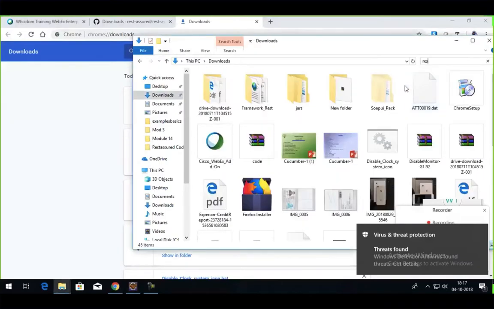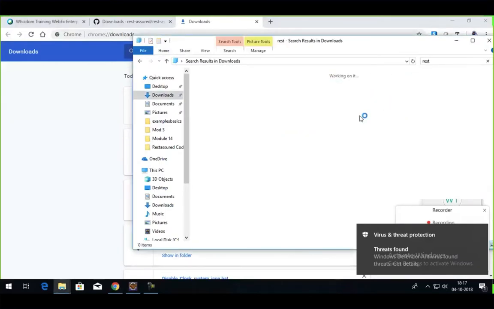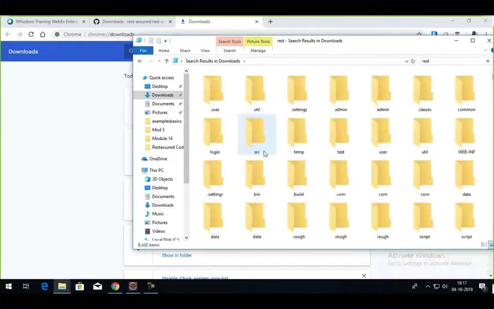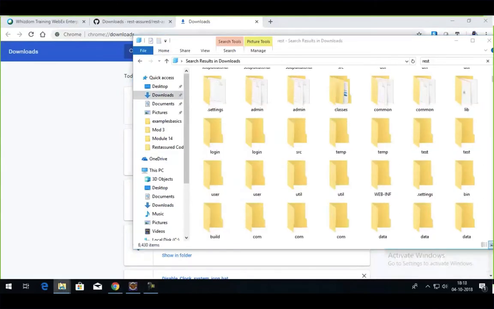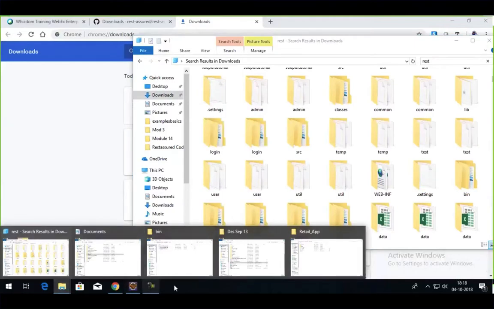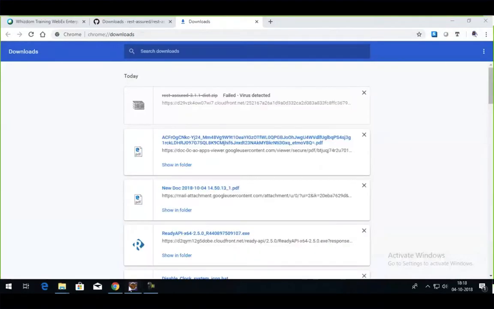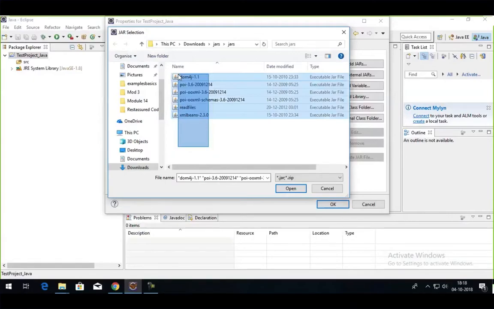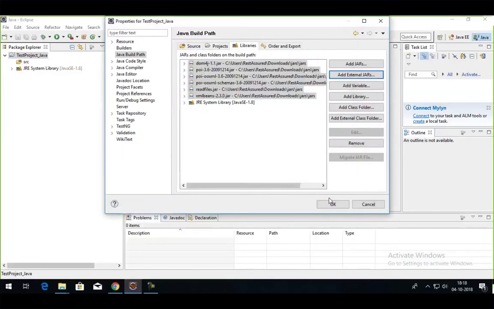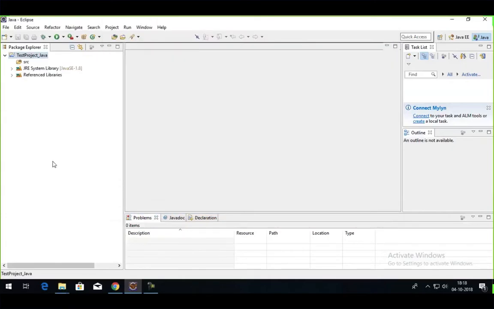Okay, it got downloaded. All right, so we'll work with those existing jars. It doesn't matter. Suppose these are the Rest Assured jars. I select it and they are inside here. I click on OK.